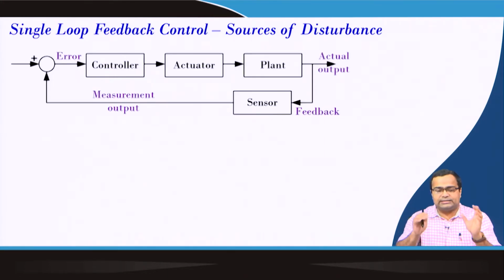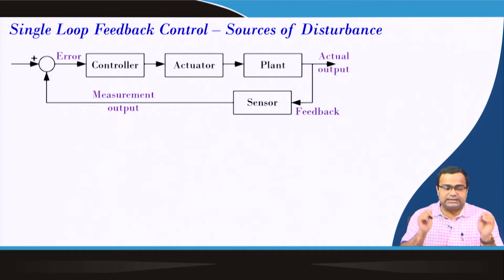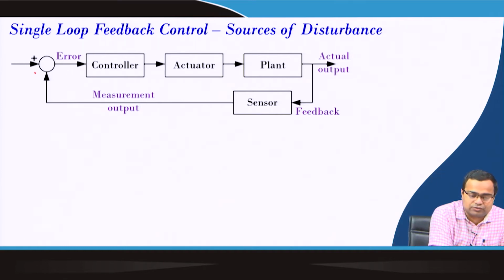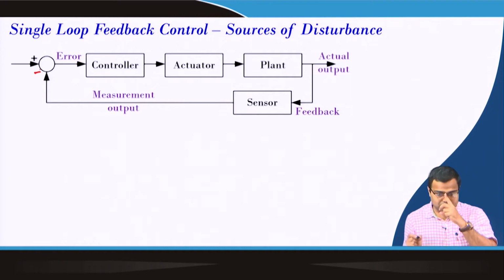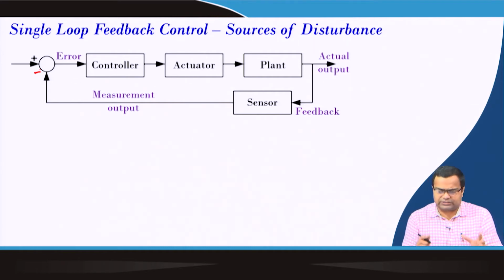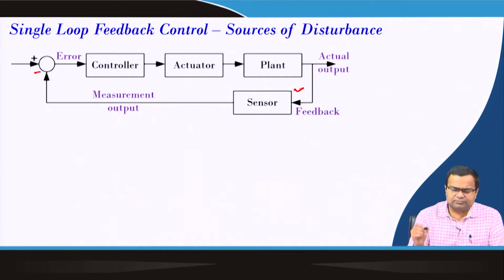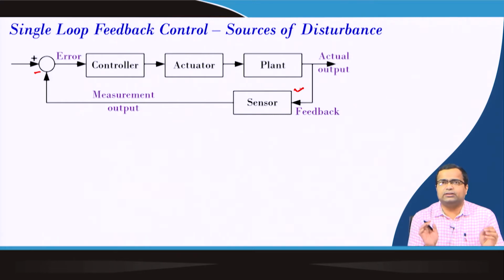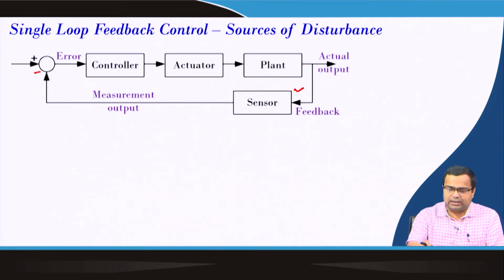Okay. So, in single loop feedback control, if we take a typical traditional feedback control, generally we have a sensor which senses the signal we are going to take the feedback from. In most cases in power supplies, we need to sense the output voltage, because we want to regulate the voltage.